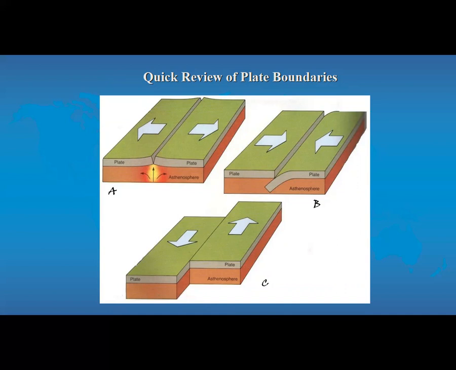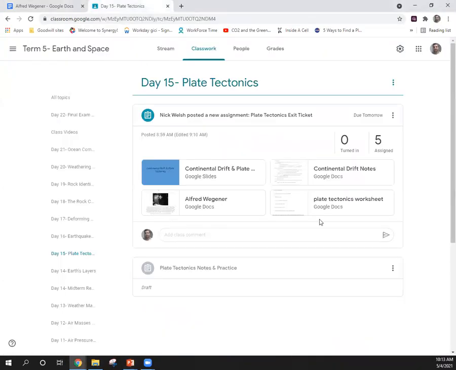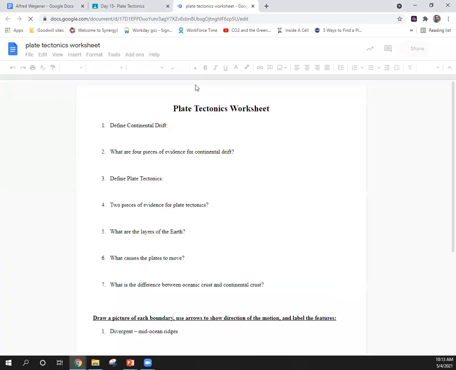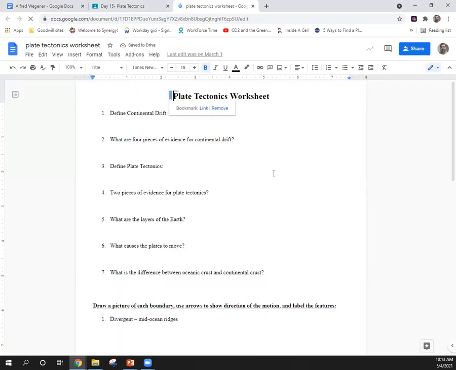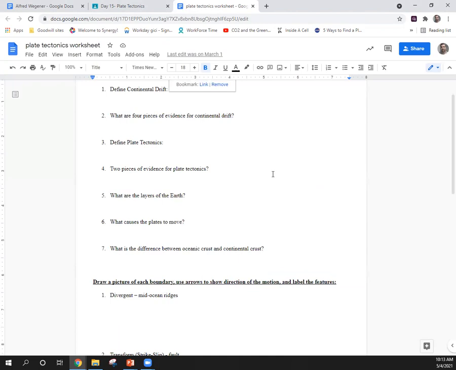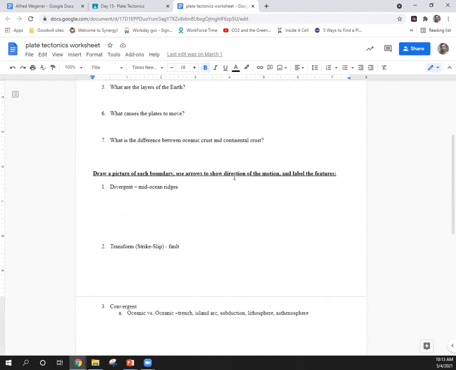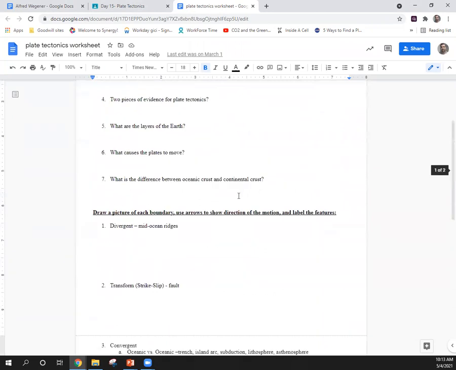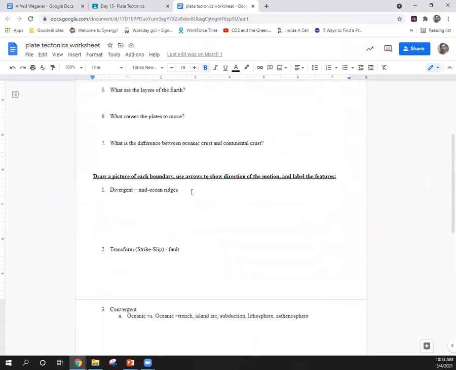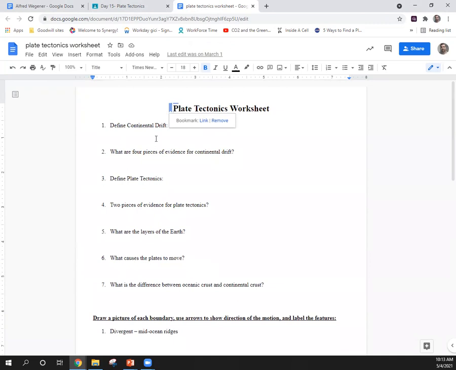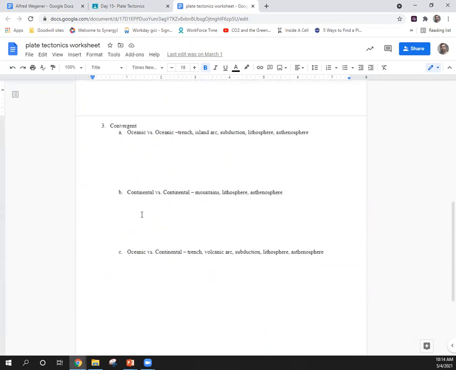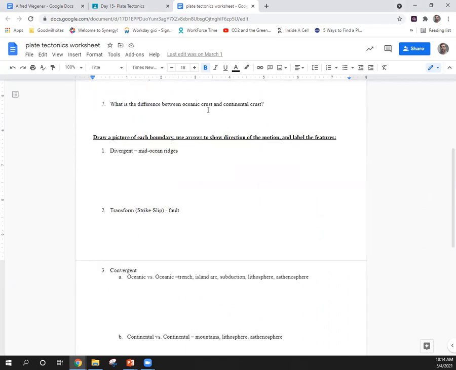All right, all you guys have left to do for today is a little practice. It's just the next page of your notes. It's just a little review of the notes and the article. Feel free to use your notes. Feel free to use the internet to help you answer some of these questions if you like. Down here, you do have paper copies, so you can make these drawings. If you've lost your paper copy, you'll have to do that on a separate sheet of paper. But go ahead and answer these questions and make the drawings and label them. And I will be collecting this at the start of class tomorrow.